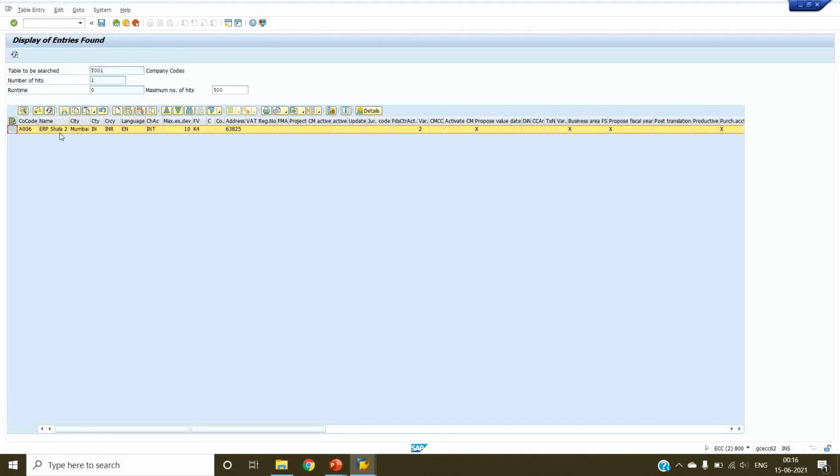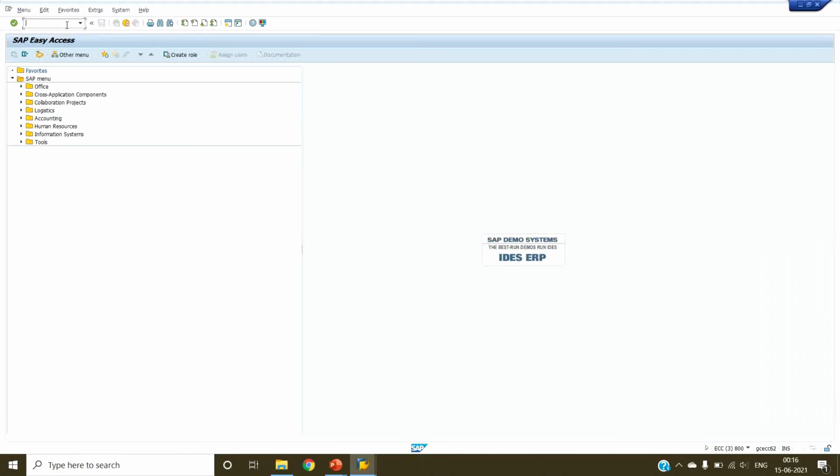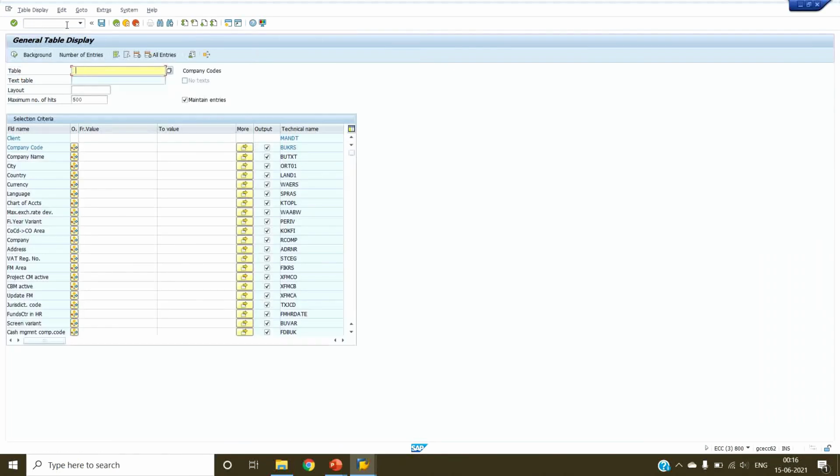Here the name and Mumbai city are coming successfully, and the address details which we entered are saved against this address number. So if we select this number and see the address details, go to SA16N again, go to the ADRC table and paste it.